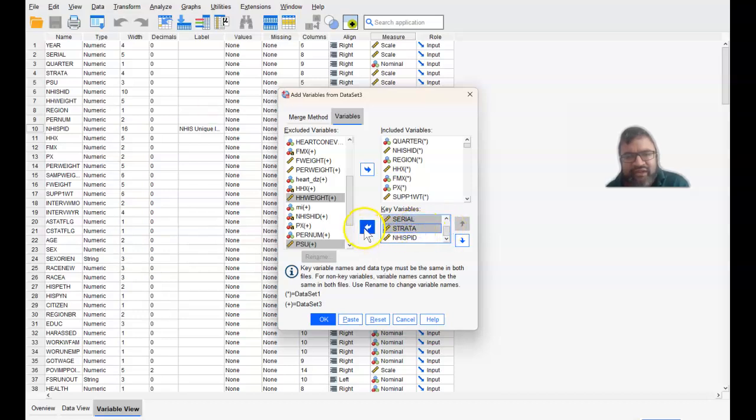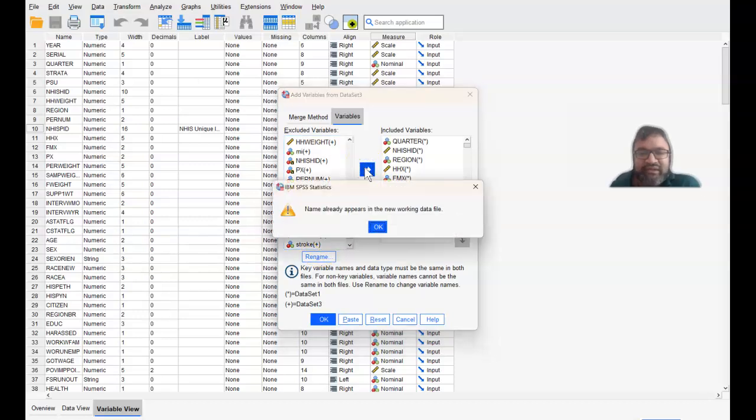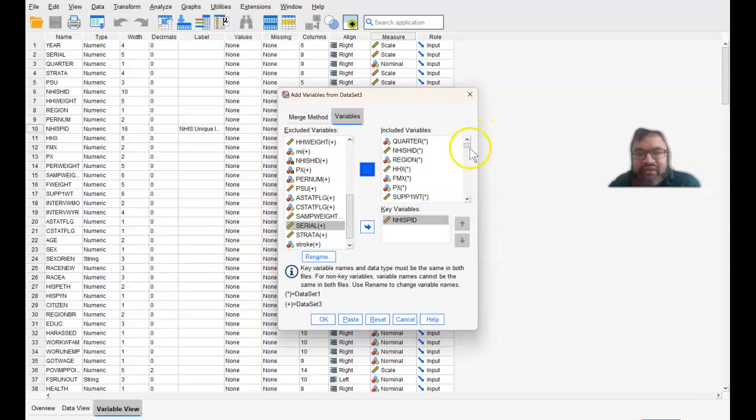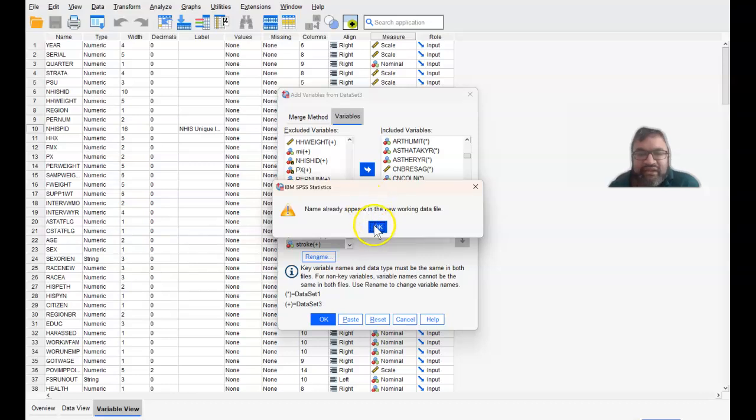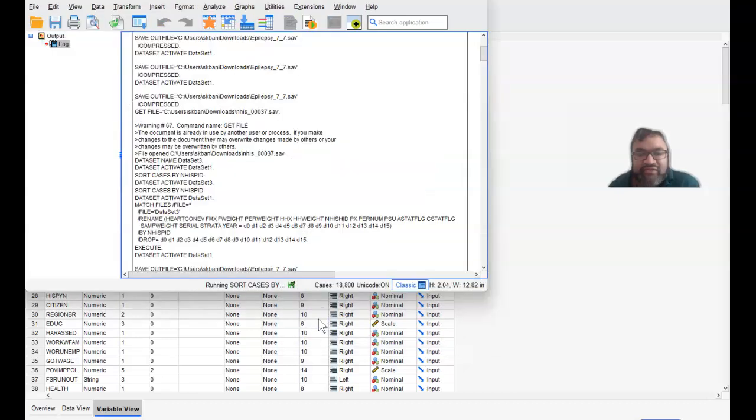So let's make sure we get out of this here, and then the only remaining key variable is this. Something I want to show you, this just got excluded from here. Serial, let's see. Name already appears, so you don't want to add something that already appears here and is a duplicate already. Again, stroke is already in there and is in the new data file. So all of these things will get included here. So select OK here